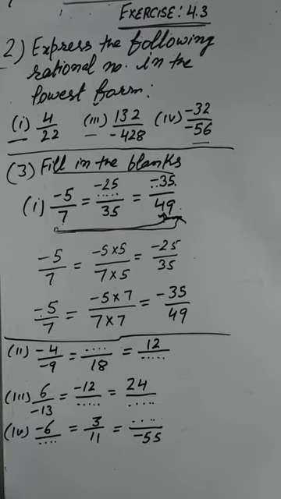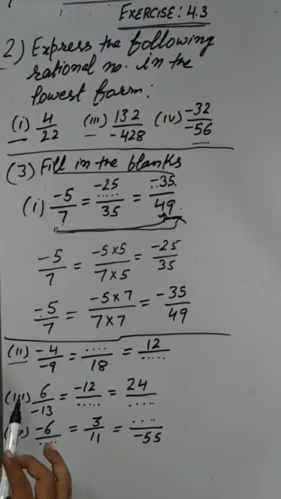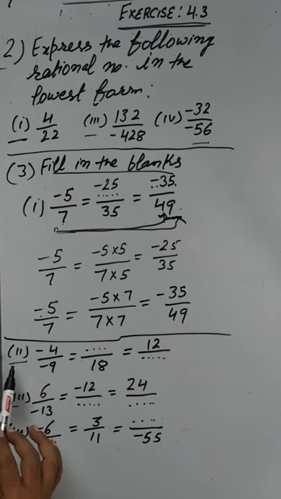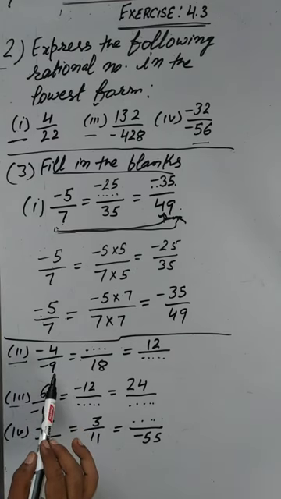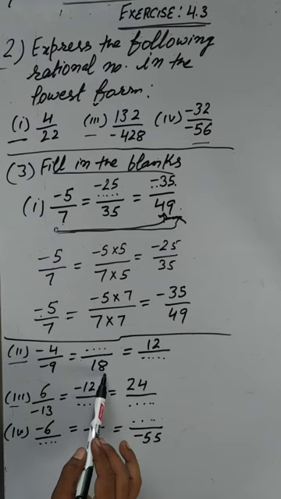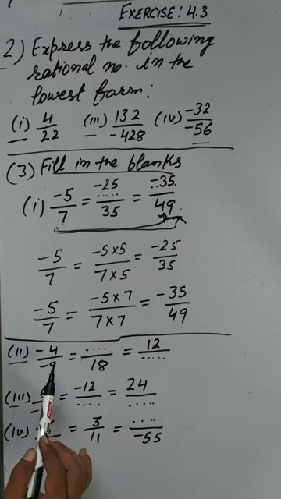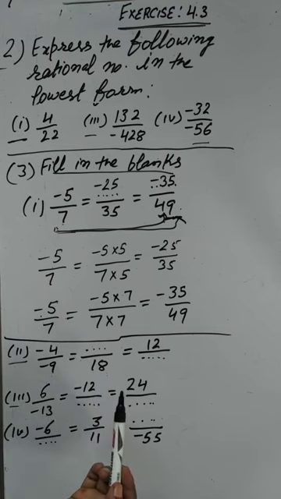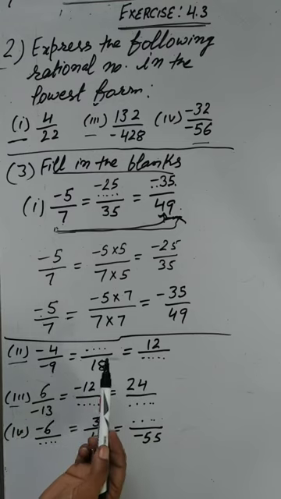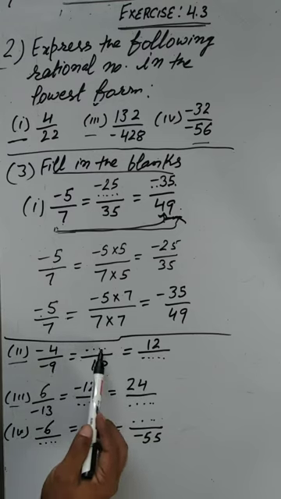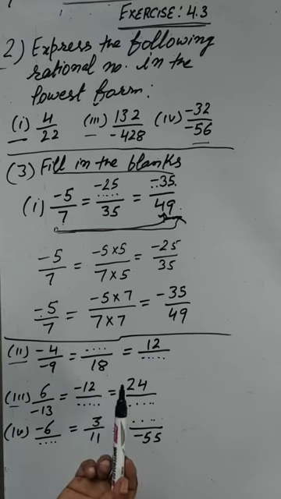Yes beta, next second part and third part and fourth part you have to try by yourself. Look at the part second beta. Minus 4 upon minus 9 equals dash upon 18. Now minus 9 is changed into 18. 9 2s are 18, means 9 multiply minus 2. Similarly 4 multiply minus 2. 4 2s are 8. Here it will be 8.